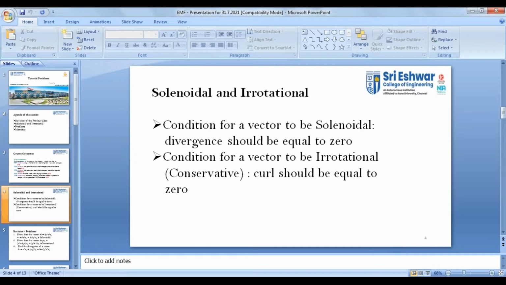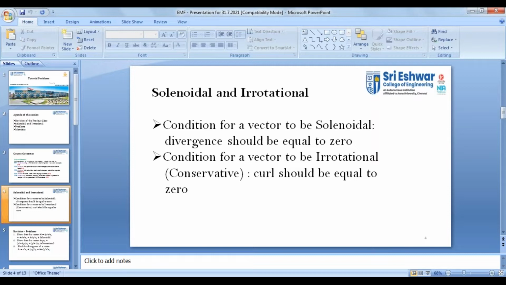Sir, last class we started with gradient, divergence, and curl. That was the topic that we were going to discuss, and we started with 3 problems where we started with the property of associative, and then we have to prove whether it's parallel and it's perpendicular. And next we were seeing about the differentiation, and there we saw about the differential vector operator, which is del, or it is also known as nabla.